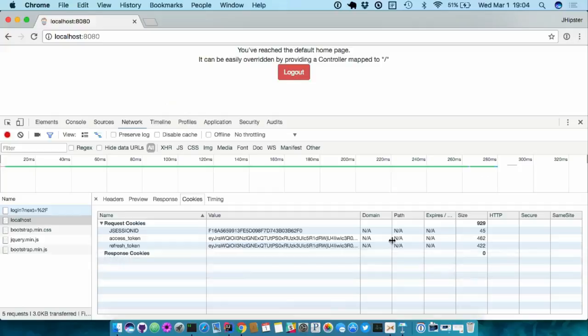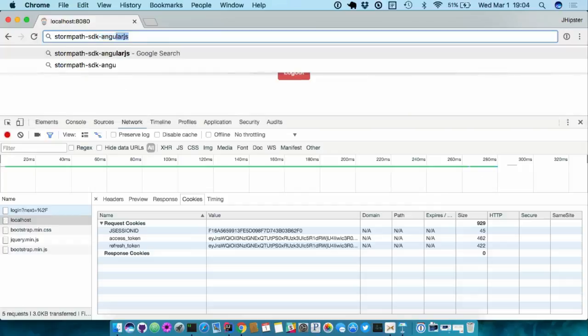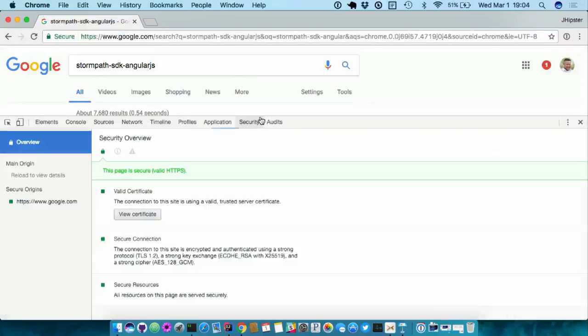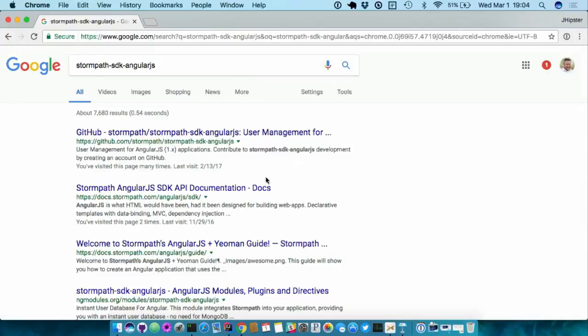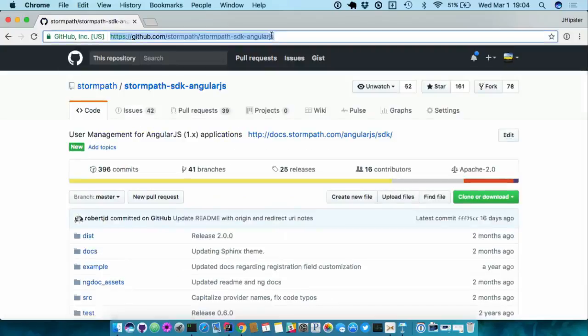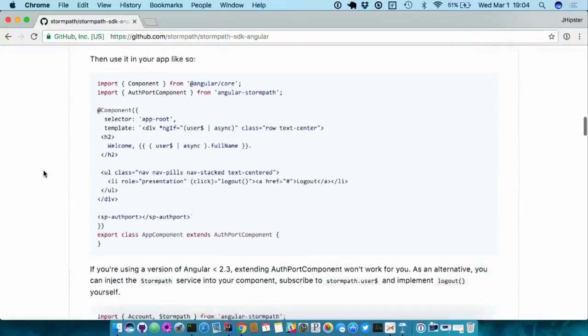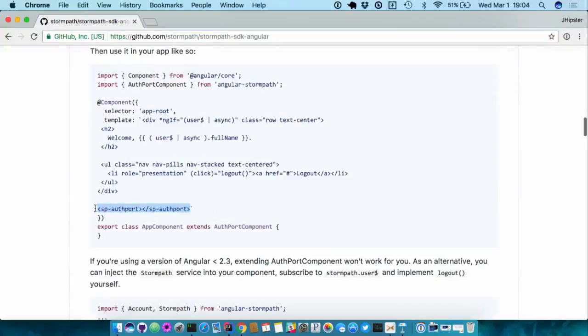And that's why if you need to do a JavaScript client that talks to the OAuth token endpoint, that's how you get the token back and actually store it in local storage, or you could do it in a cookie as well. So our Angular SDK at Stormpath SDK Angular, we have an AngularJS one, and we have an Angular one. I like the Angular one because I helped with it. But AngularJS works okay, but ThoughtWorks said it was a legacy technology and not to start new projects with it. So our Angular one basically stores everything in local storage, and you can see here that it just requires this tag pretty much, but if you want to show that someone actually logged in, then you would show that.